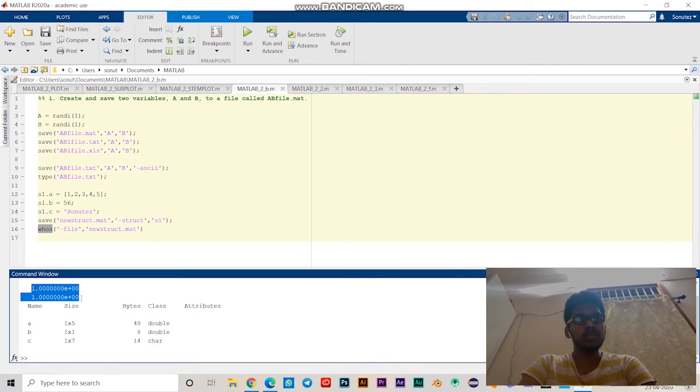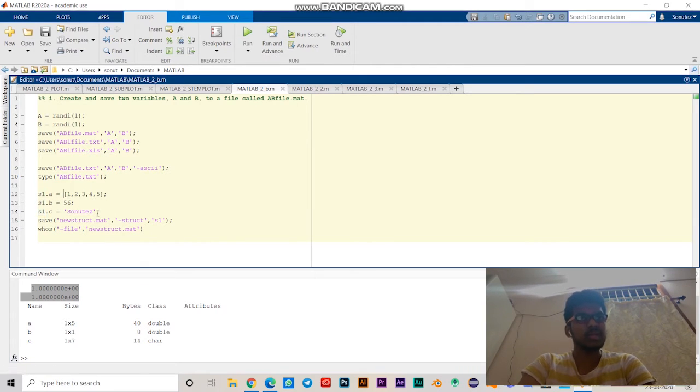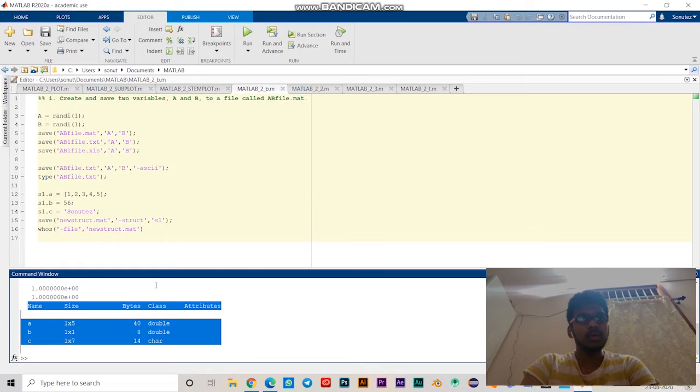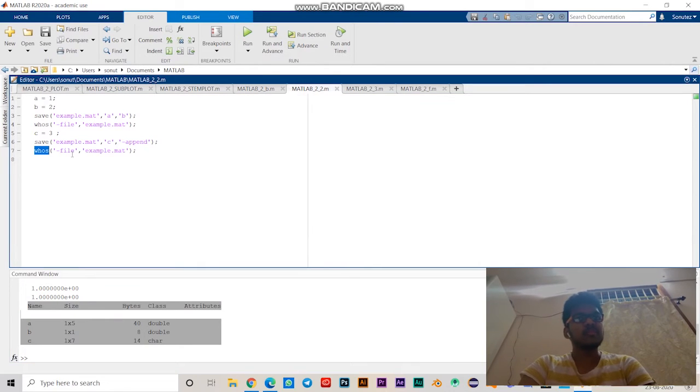These both are the values of the variables we have given, and now we are going to form a structure. It is nothing but it can take different data types. We have given three different types of data types, and now we have saved that by using this syntax in a .mat file. We can view it by using the syntax whos. Now we will run the code. This is the structure we have formed, and now coming to next question, we are going to create some variables and then save as a file, and then we are going to append a new variable into that file.